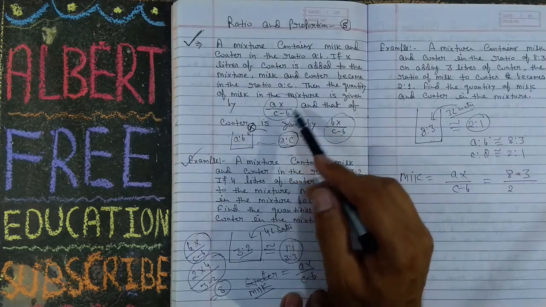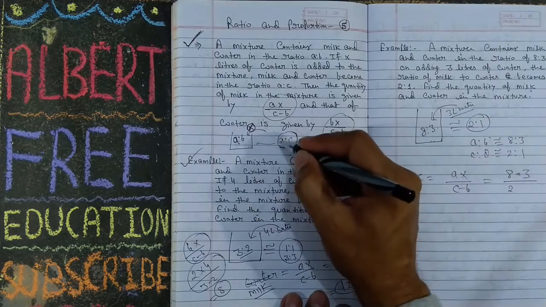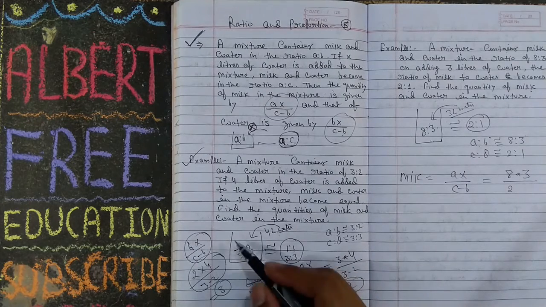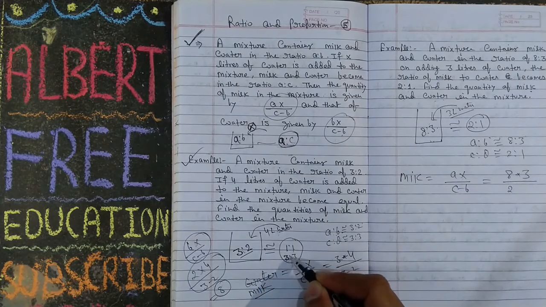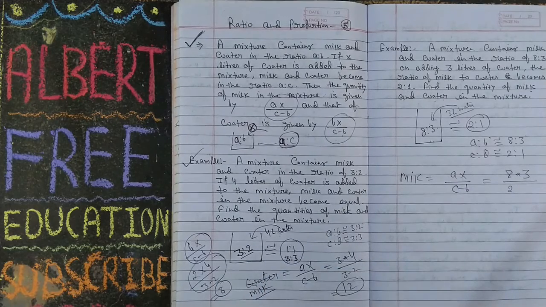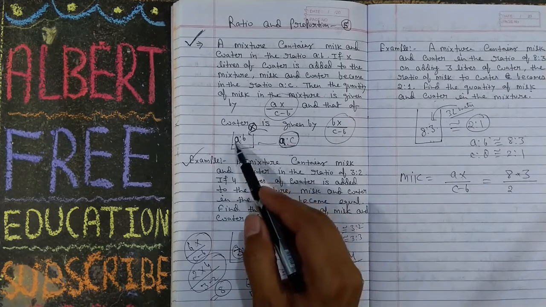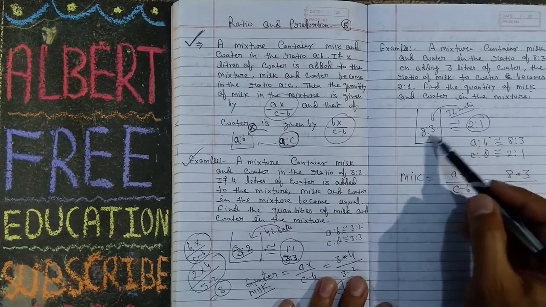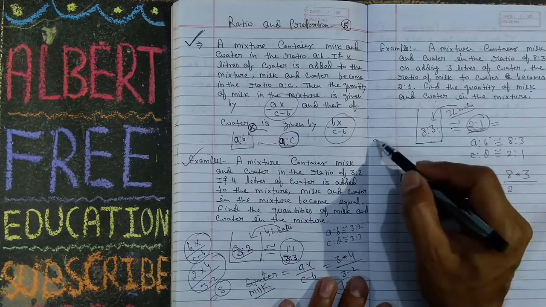You have A:B and A:C. This A and this A both are the same. So here also in this question you can see we have taken 3:2 and 3:3. Why have we taken 3:3? Because this A and this A both are the same. We have A:B, A:C. But in this question we have 8:3, but this is not 8, so this is actually 2/1.